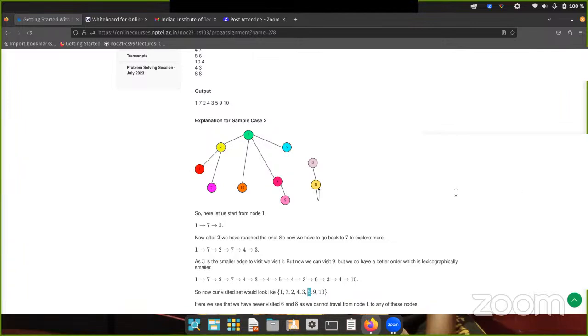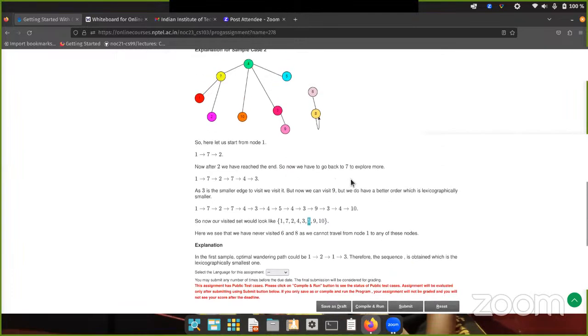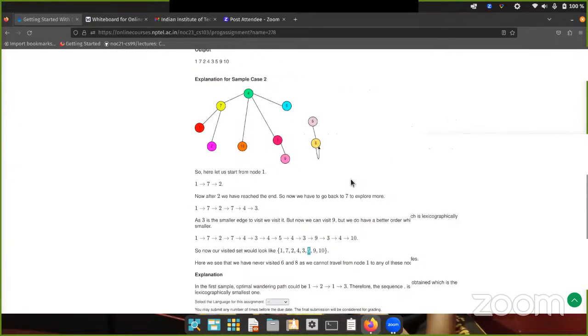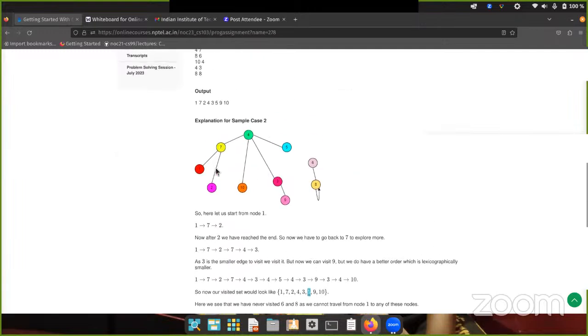If anything is not understood, can you just ping me where things are wrong? So we just start from node 1 and get the lexicographically smallest sequence, finding the order in which we can traverse.